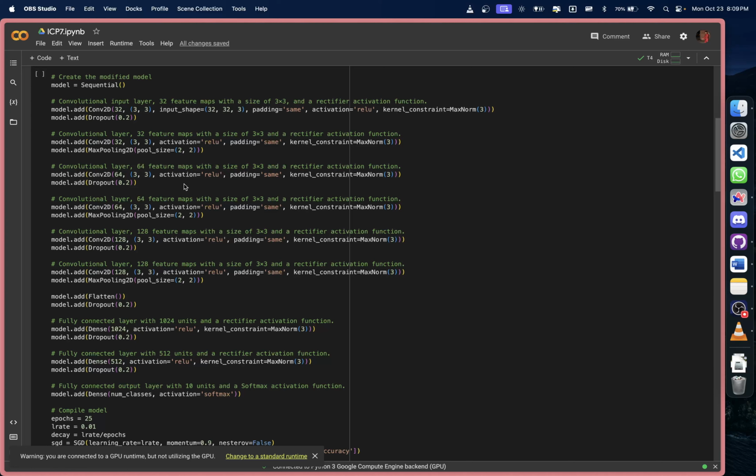and the same 64 feature map but with a max pooling 2D size of 2,2, and again another convolution layer with 128 feature map with a size of 3x3 and a rectifier activation function with a dropout of 20%, and also again another convolution layer with 128 feature map with a size of 3x3 and a rectifier activation function but with a max